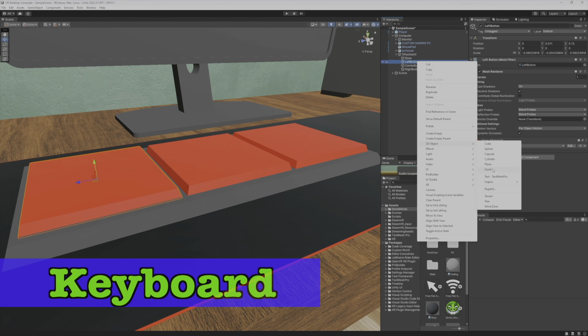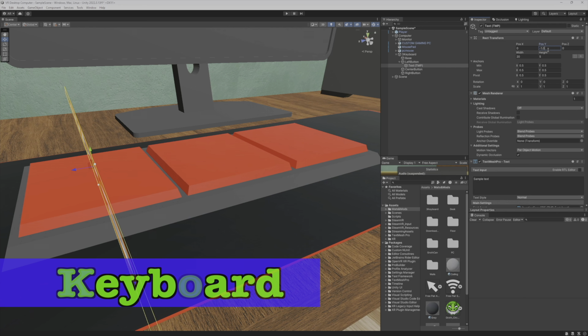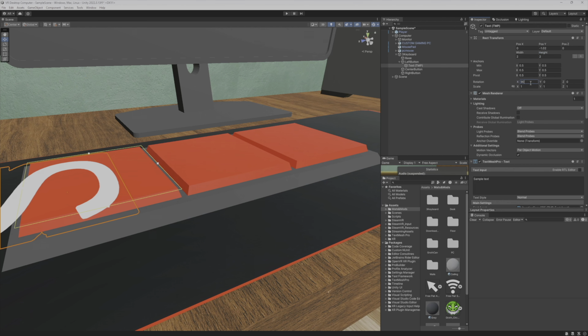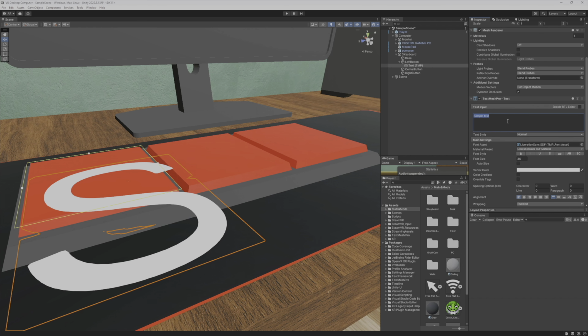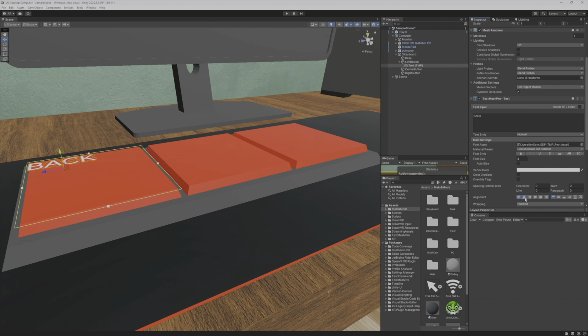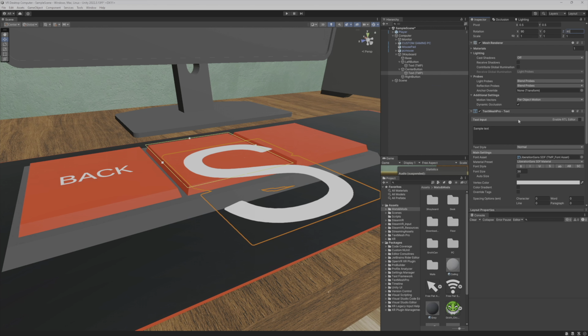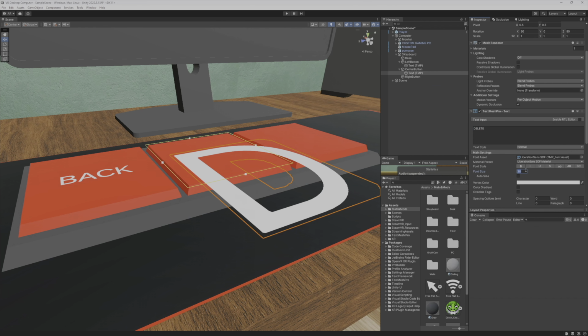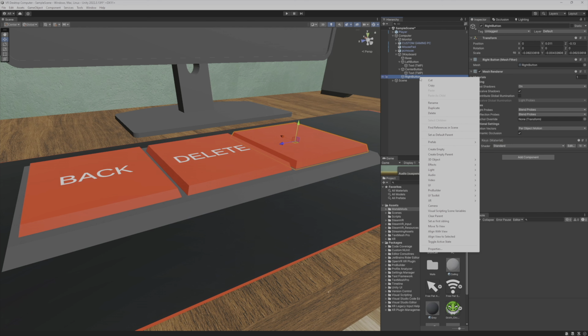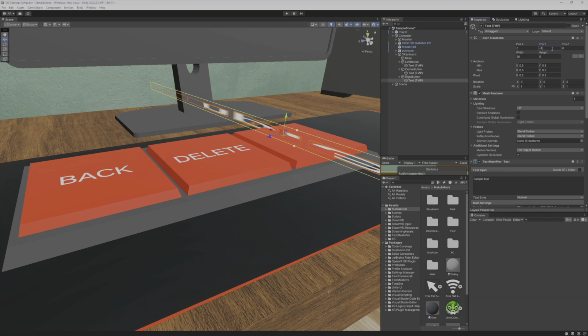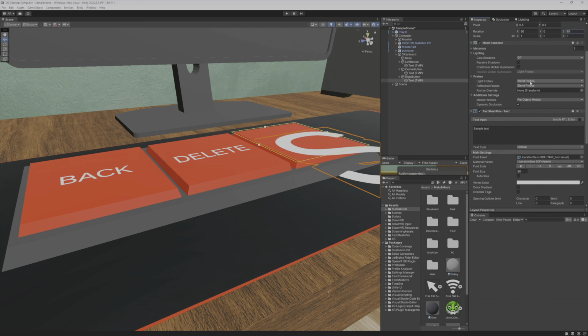Let's get started. First off, I'm going to start with my keyboard and mouse since those are the two things I will be physically interacting with. I'm going to go through and do the same thing to each of the three buttons on my keyboard. First, I'm going to add a Text Mesh Pro component, change the positioning and the size of it respectively to get it to match the size of the individual buttons. And then I'm going to write whatever text is going to be on top of them, such as back, delete,